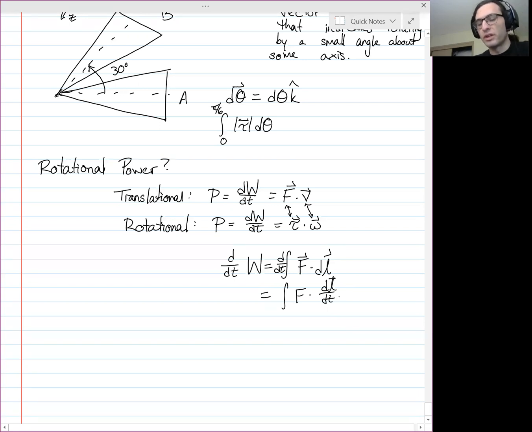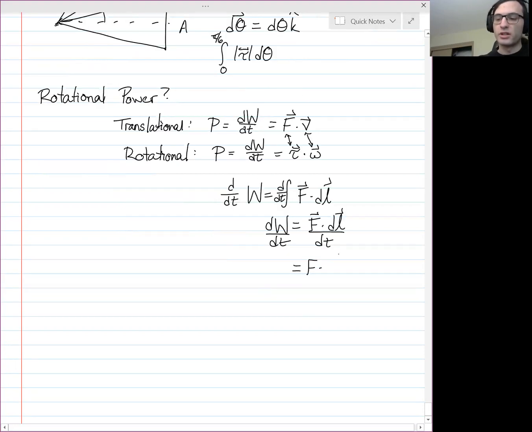And so, more precisely, it'd be the integral of d dt of F dot dl. And basically you get, from the fundamental theorem of calculus, this derivative cancels with the integral. That's the way to see it. Basically, a small chunk of work is F dot dl, and so the rate of change of work is F dot dl dt, which is F dot v. Anyway,